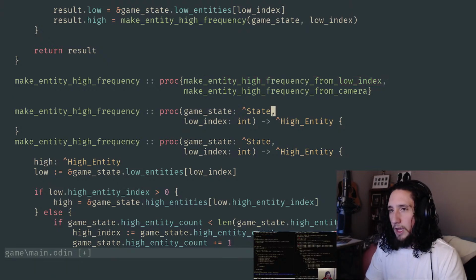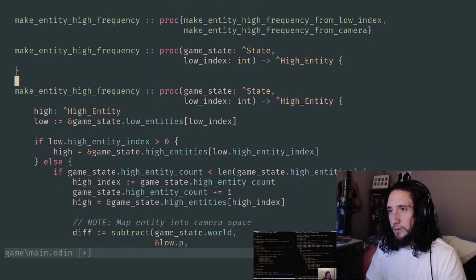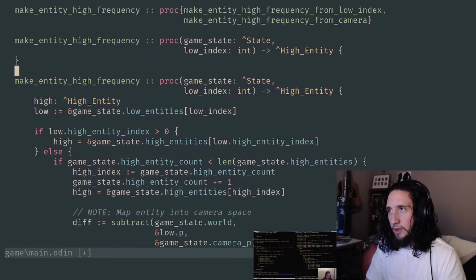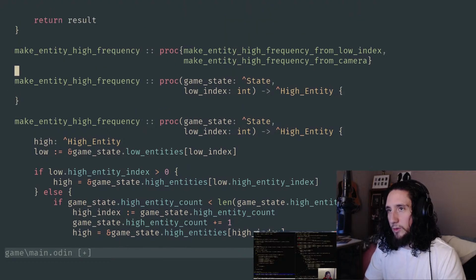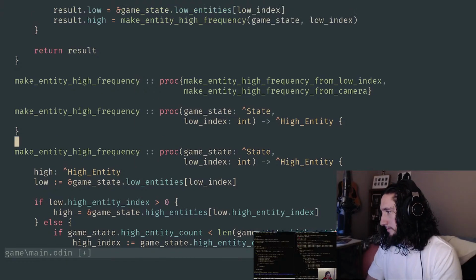If a better naming scheme reveals itself to me, then I guess I'll change it. But I also don't care that much that the names are super long, because whenever we make a call, we're just going to call the highest level name of the procedure group. And that's something that's just super neat.